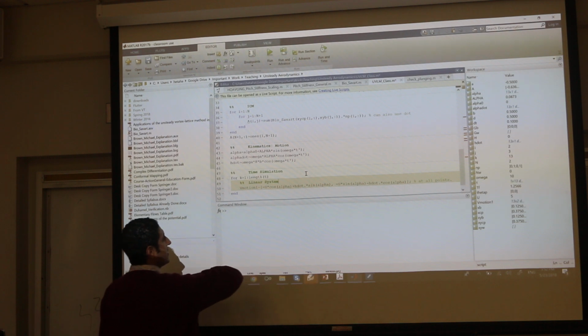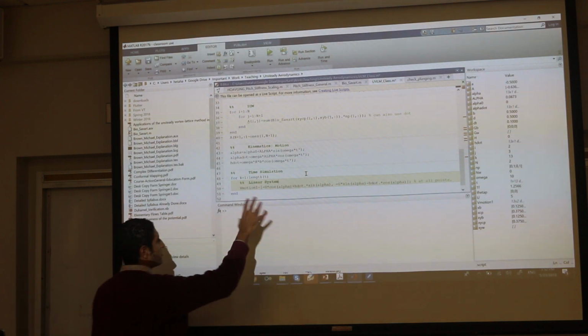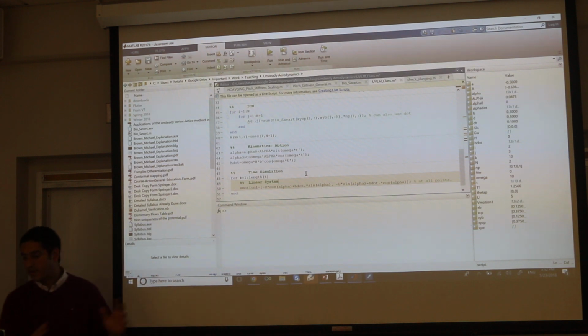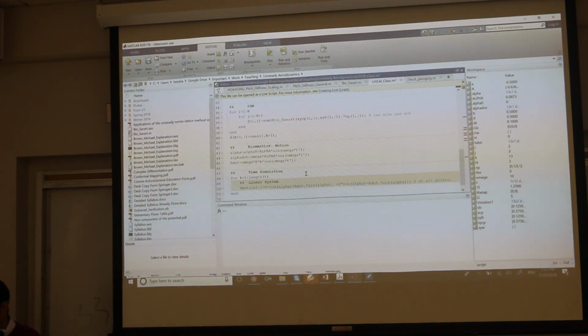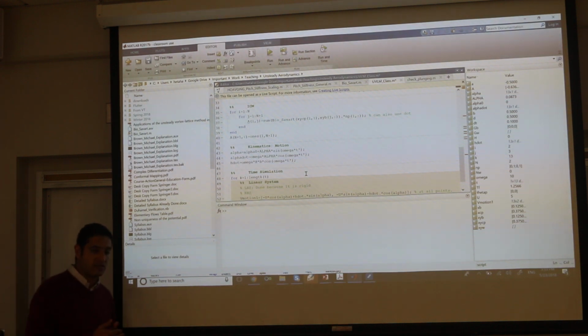So this is the first thing in the time simulation, the heart of the time simulation. To solve the linear system, we need the left hand side and right hand side. The left hand side is already done, because it's rigid. And if it's not, you need to update it here. So let's get the right hand side. What was the right hand side? The right hand side has how many main contributions? Two. Very good. One due to the motion of the